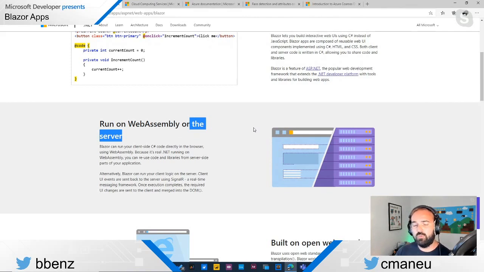But do you want to do the migration? That's another question, because maybe the best solution is to basically stay on ASP.NET MVC and just migrate from ASP.NET MVC 2.x to ASP.NET MVC 3.x. Maybe only part of your experience should be built on WebAssembly, and some other pages of your application should stay in ASP.NET MVC. So the first step will be to evaluate when you need a rich interaction within your